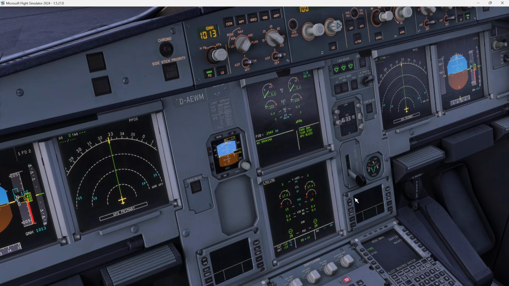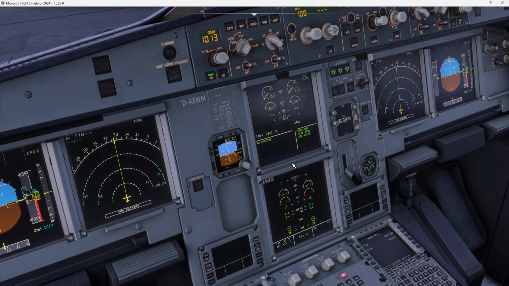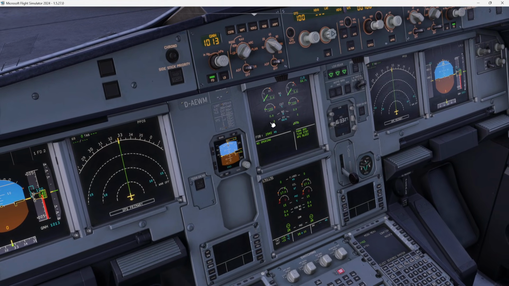Again, these values I'm not sure. I'm sure about the stabilizer. It's going to stabilize at 35. We are going to see it right here, because then I'm going to have some bad comments. Okay, and yes, so N2 up to 22, 20, and then the FADEC is going to take control,